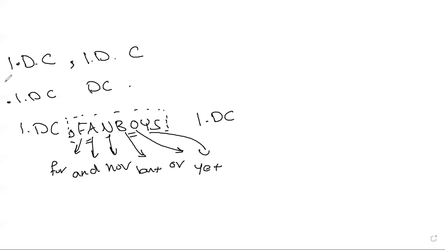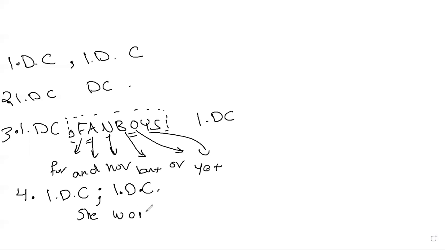One other final way, so one fourth way would be to apply the semicolon. So here's how the semicolon works. You put an independent clause, and then you put the semicolon followed by another independent clause. So, for example, she worked very hard to pass,